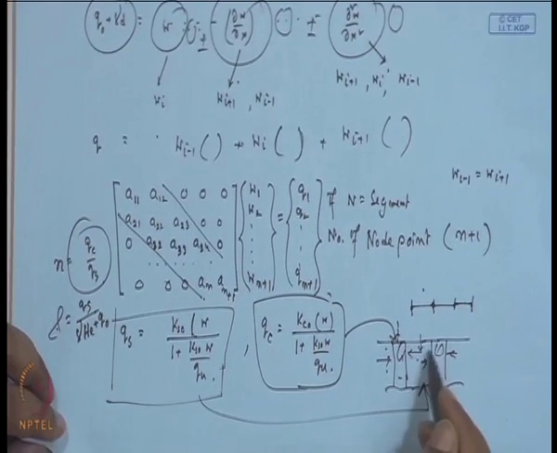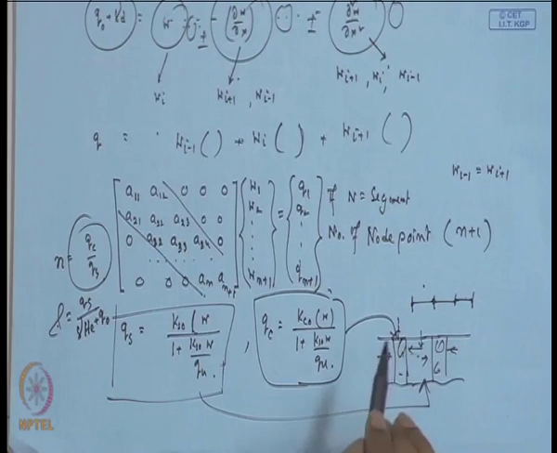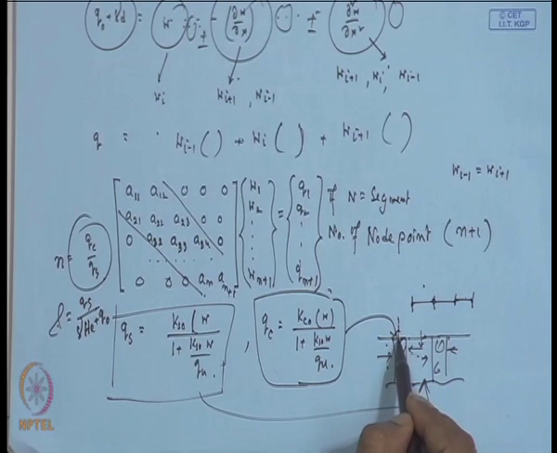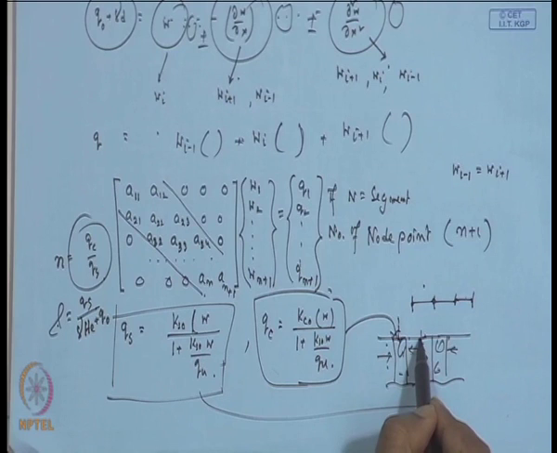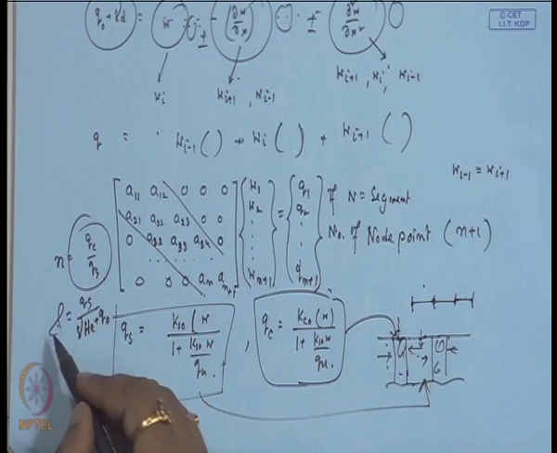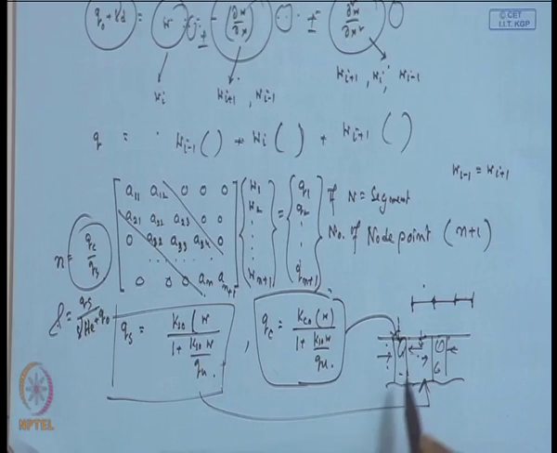By using this we can determine the settlement at every point and the differential settlement. If we know the settlement at any point, then we can know the differential settlement, that means settlement at the center of the stone column and center of the subsoil gives the differential settlement. Then we can determine the stress concentration ratio and the soil arching ratio. So, all these things we can determine when we determine the deflection. From this deflection we can determine every unknown quantity.